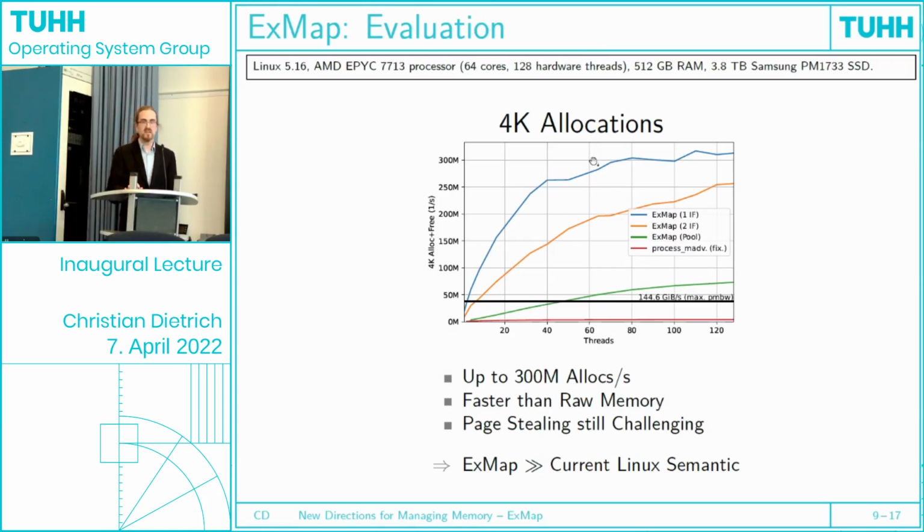I said we have this stealing of memory between interfaces. So these are 3 different scenarios with no stealing, with some stealing, and with a lot of stealing of memory between interfaces. The green line really is the worst case for our current implementation of XMAP. And what we see is when no stealing occurs, we reach over 300 million allocations per second. And this is equivalent to providing memory at the speed of 1,200 gigabytes of memory per second, if you would be able to read it.